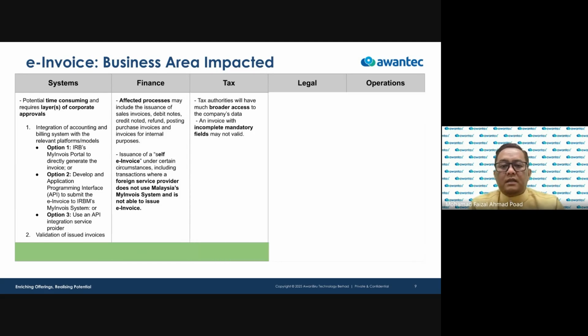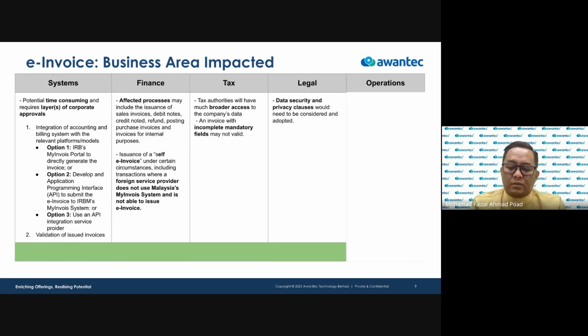This also impacts how our tax applies. So you need to understand how this implementation impacts the way your tax occurs, as well as legal. Some of the issues come up around data security and so on. So they are impacted, and the most important part is the operations.